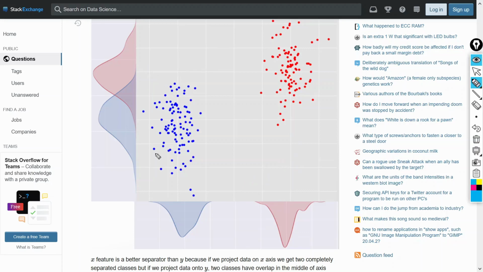If I calculate the mean of the distribution of this particular class with respect to x, and the mean of this other class distribution with respect to x, and then calculate the distance between the mean of distribution A and the mean of distribution B, that distance with respect to x is greater.